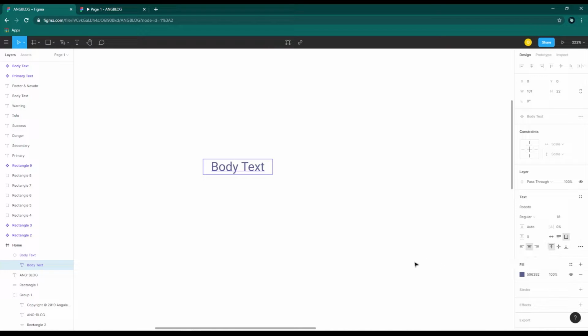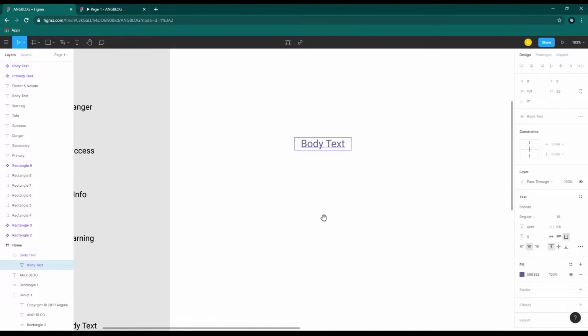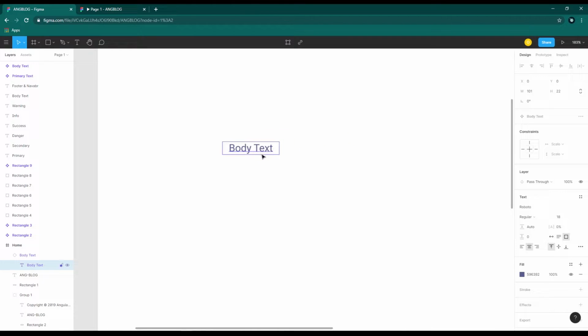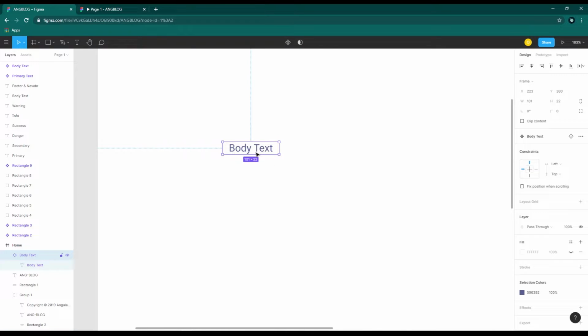In Figma, when we make an element a component, this will add an extra layer to that component. So when we try to edit a component, parent or child, we have to select the right element. If we select an element directly, this will select the component's layer. That's why we cannot see the text editing tools inside the formatting toolbar. Once again, in order to edit a component element, you must make sure to select the correct element inside the